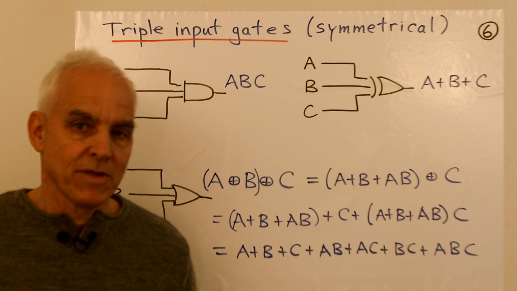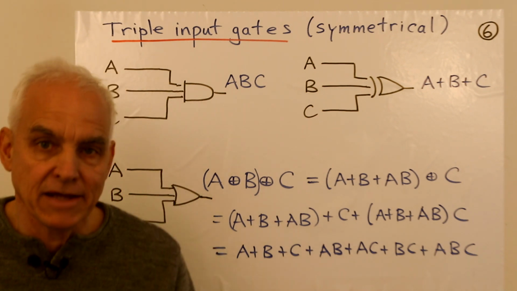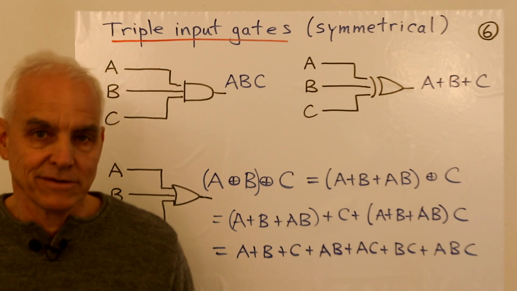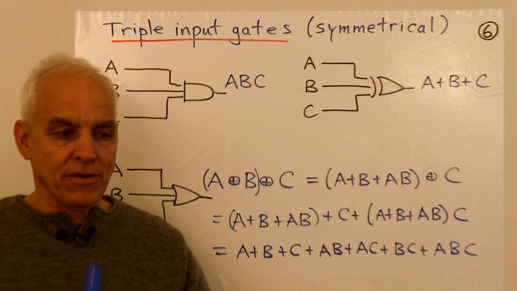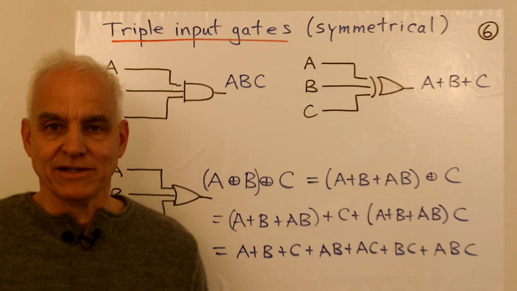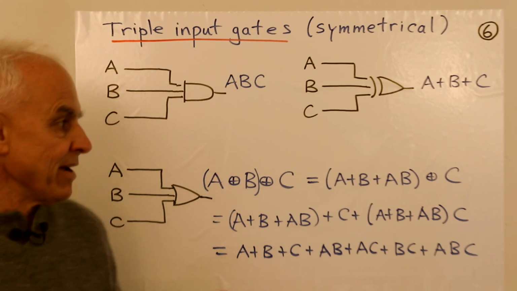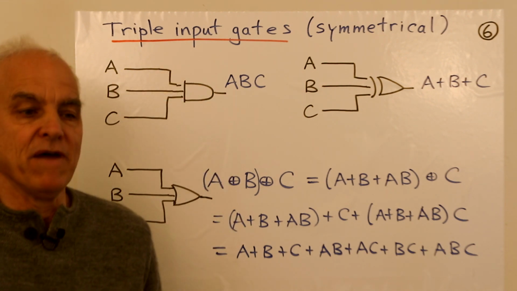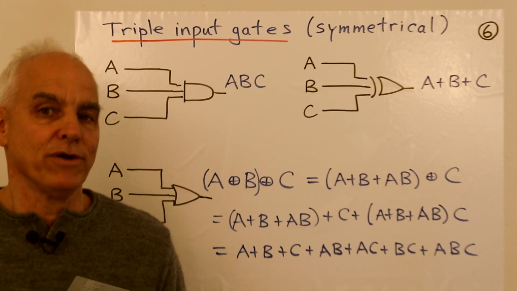But we're not going to do that for a NAND gate or a NOR gate or an XNOR gate, okay? Because as we saw, the associativity is not preserved for the NAND gate, so it doesn't make sense to have three things coming into a NAND gate and have a well-defined meaning to that output.